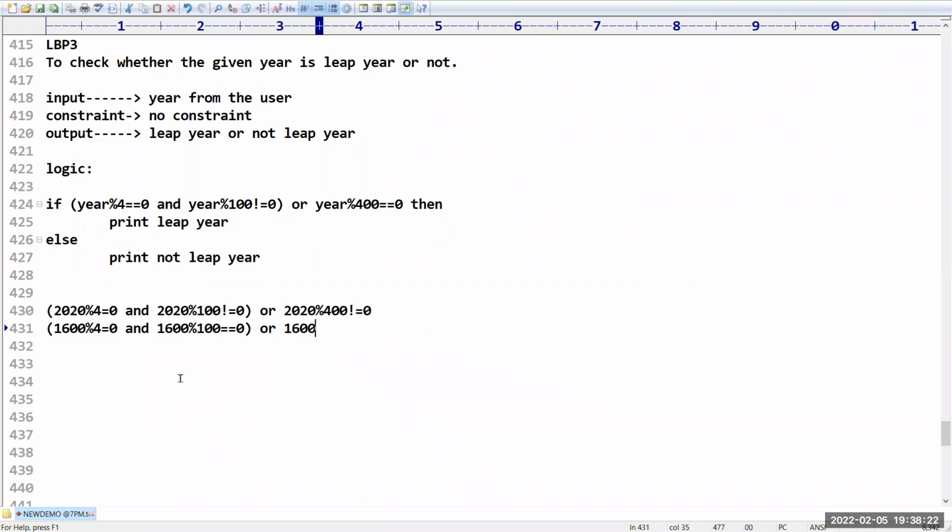Is 1600 divisible by 400 or not? Yes, it is divisible by 400. So because of this second condition, it is true. Okay. Sir, I will take one example which is divisible by 400 but not divisible by 4. Sir, do you have any example for that? One minute, one minute. I will take an example from